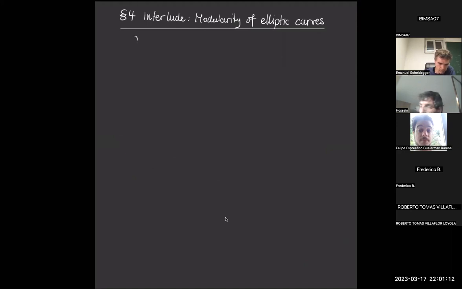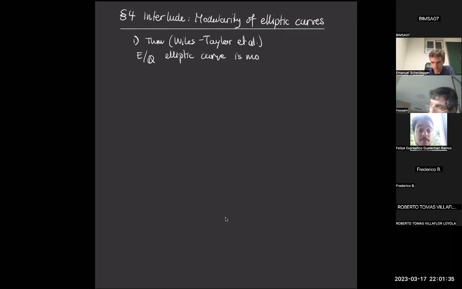So first, we of course have the theorem of Wiles, Taylor, et al., which says that if E over Q is an elliptic curve, it is modular, which means that there exists a weight 2 modular form for gamma 0 N, which is